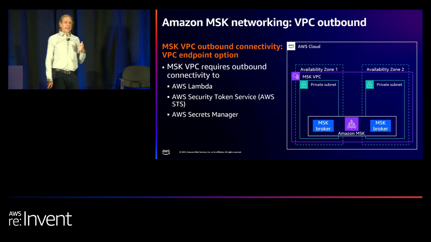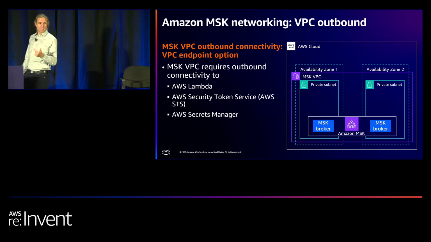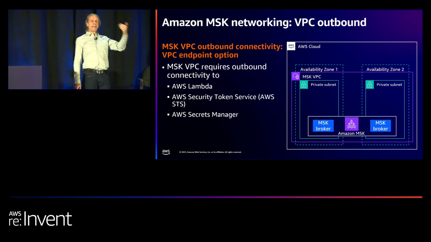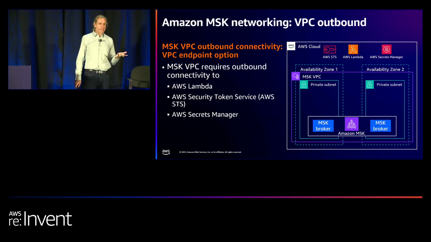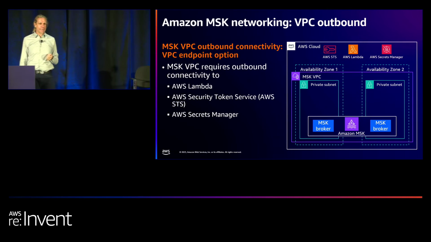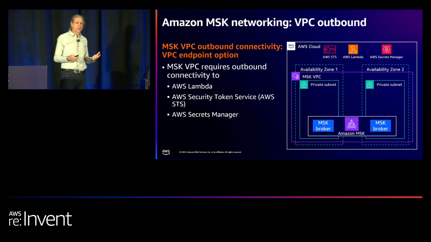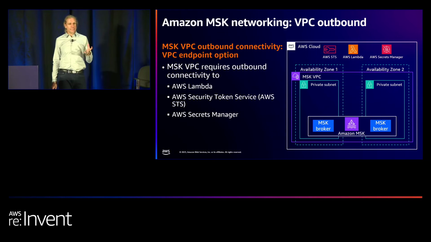Now, also, if you're using Amazon MSK, your Amazon MSK VPC also requires some additional outbound network connectivity. And this is because the traffic flow is going to go from the Lambda VPC to your MSK VPC to then invoke the Lambda function. So this needs to connect to Lambda, and it needs to also connect to STS, Security Token Service, to assume a role for the target Lambda function to be able to connect to your MSK cluster and invoke your function. Now, also, if you're using some authentication options that are using Secrets Manager, you do need to also have access to that too. So there are two ways you can configure outbound connectivity to AWS services. You can use VPC endpoints or a NAT gateway.